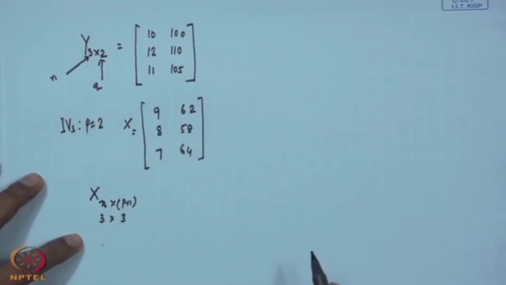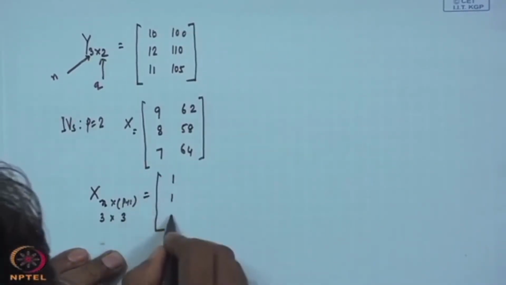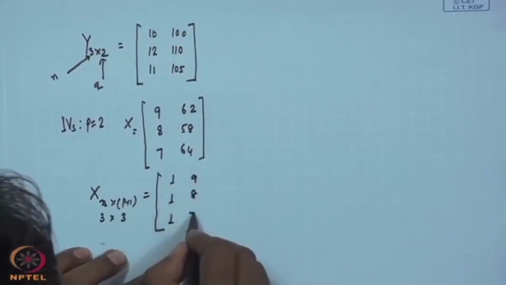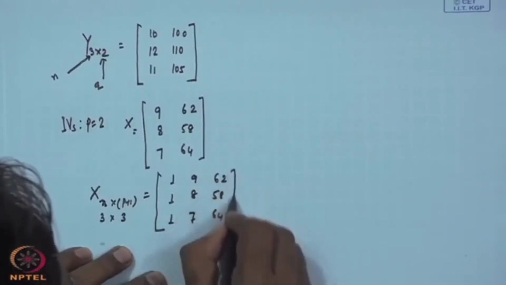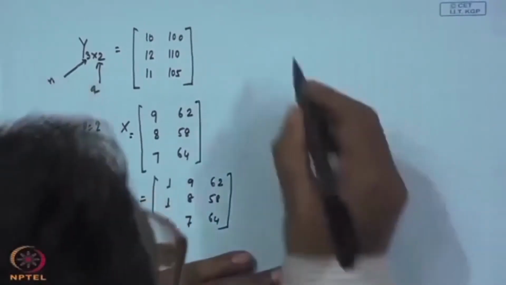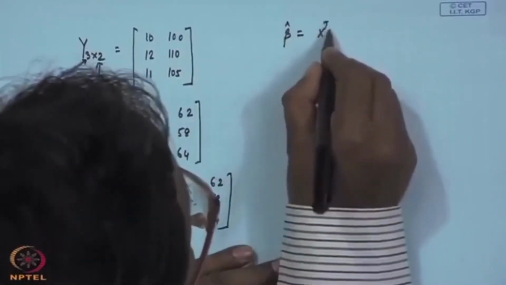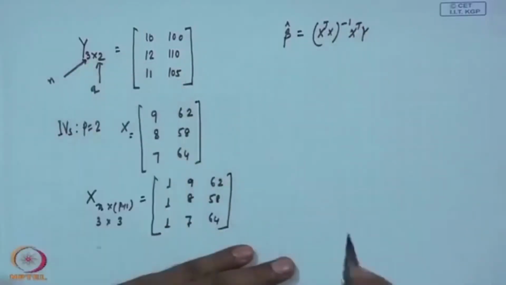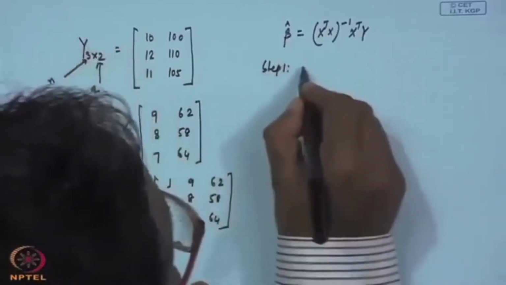So this one is 1 1 1, that is for the constant term, then 9 8 7, and 62, 58 and 64. So what is our beta estimate? Beta estimate is beta cap equal to X transpose X inverse X transpose Y. Our step 1 is to compute